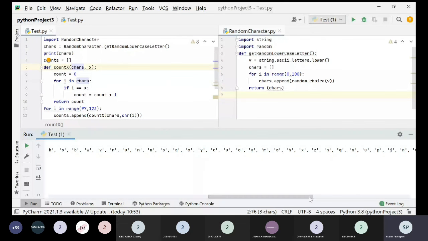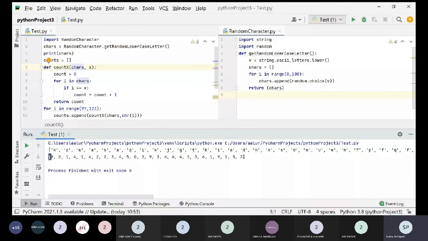So what is 2 over here? 2 is the number of occurrences of B, 1 is the number of occurrences of C, and so on. So this output will vary from iteration to iteration. I have run it before and also now. Previously I got a different answer and now I'm getting a different answer because of this choice. This choice will pick randomly, meaning that we don't know which letters it will pick. But this 9 is correct because I started iterating the loop from the first character A. So this is the output.